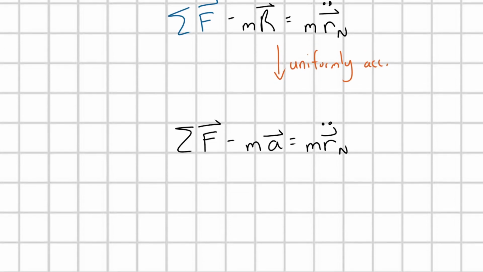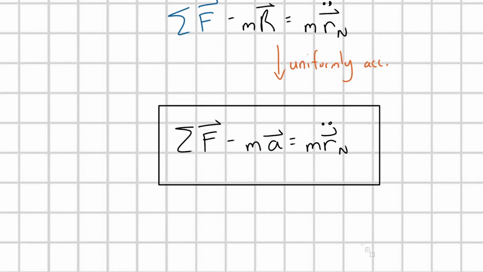All right, and I'm going to go ahead and box this result here. By the way, let's be super clear about this result. What happens if the acceleration of frame N is 0? Oh, then this term here drops out, and we would be left with sigma F equals ma again. Because our frame N is not accelerating, it's also an inertial frame, and so we get back sigma F equals ma. Great! But now, what I'm going to lastly do is define this term,